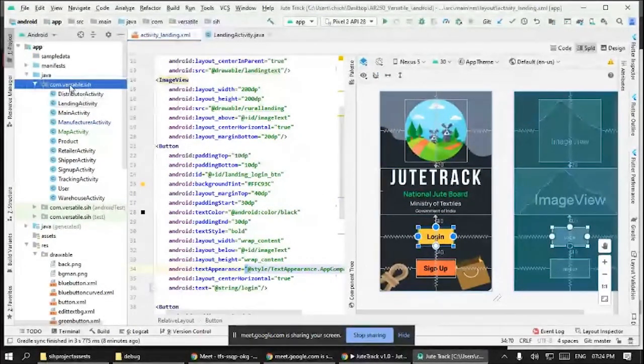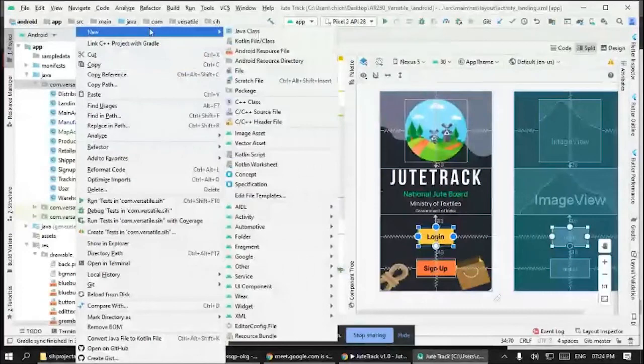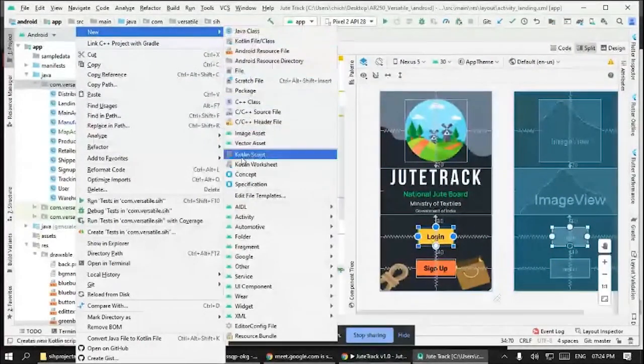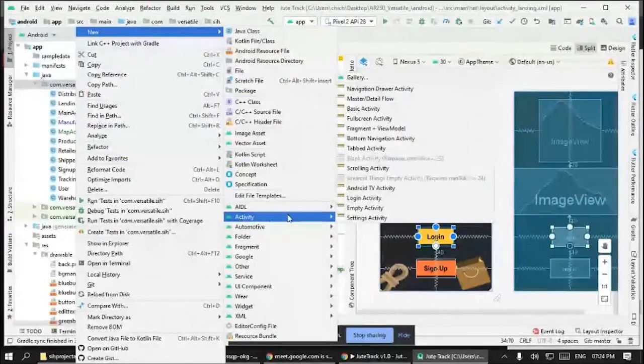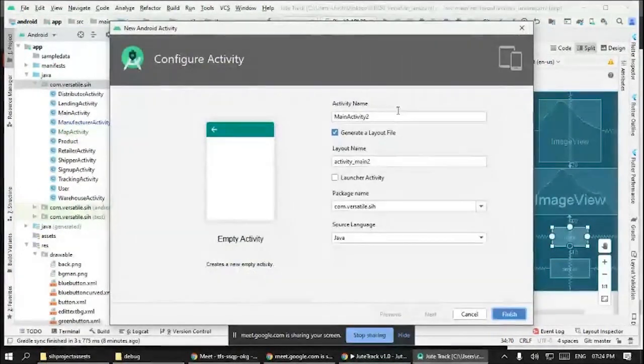A page called portfolio activity. So just head over to Java and this folder, click new and head down. There is an activity. What activity do professionals use? It's empty activity. Just click on the empty activity.